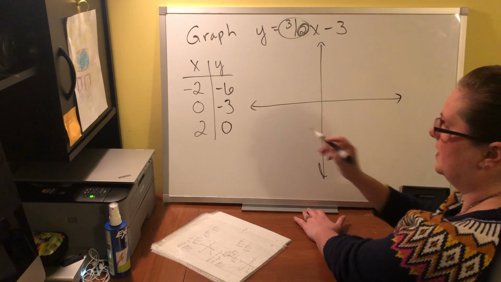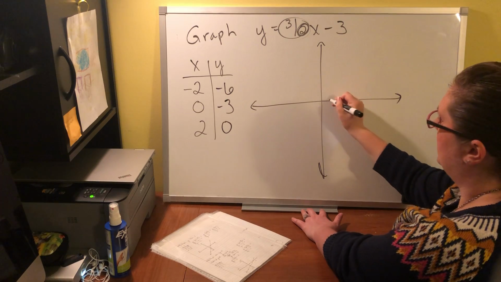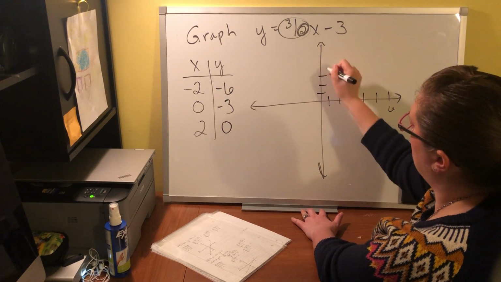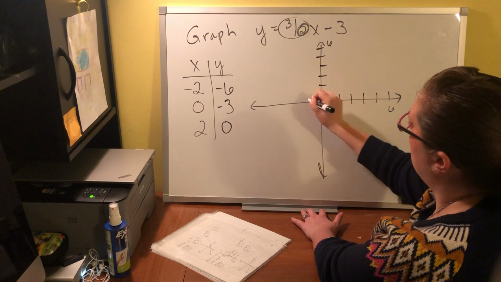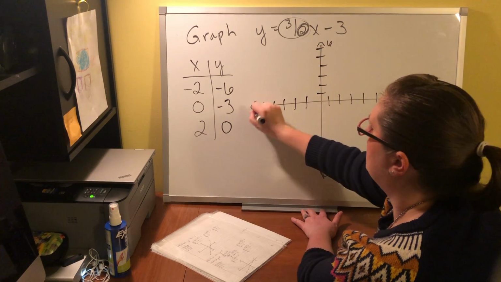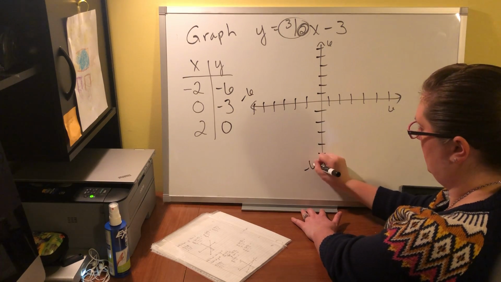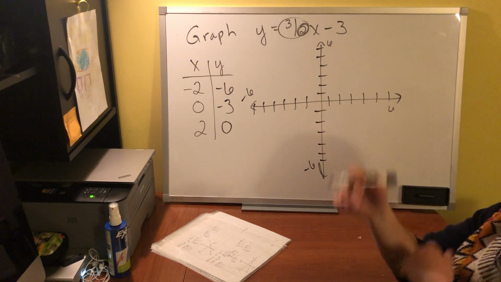I'm going to go ahead and use 6, as 6 is our largest. So I'm going to count 1, 2, 3, 4, 5, 6 along each axis. And like I said, I know it's not going to be perfect, but you will have graph paper on the